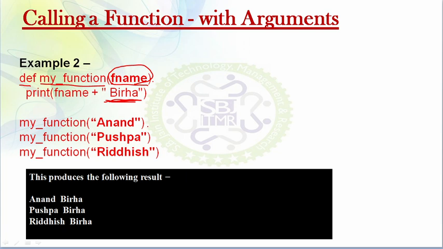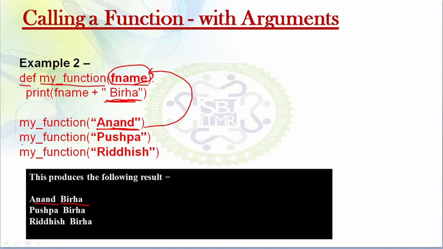When I call my function with this parameter Anand, it will pass this value and it will be copied to fname, and when my function executes, it will print first name is Anand and the concatenated string is Bira.